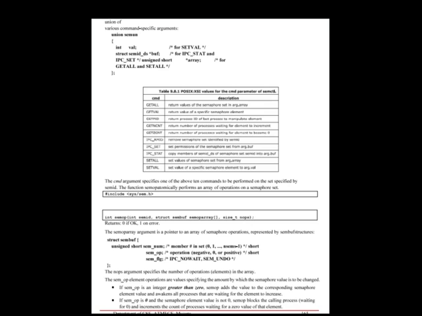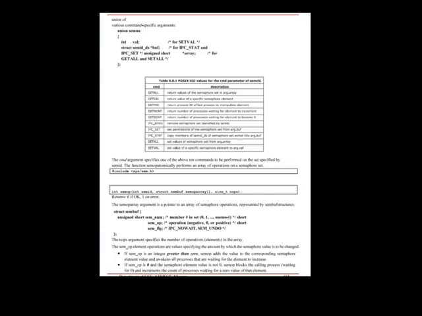The semctl function is the catch-all for various semaphore operations. See here. The fourth argument is optional depending on the command requested, and if present, is of type semun, a union of various command specific arguments.